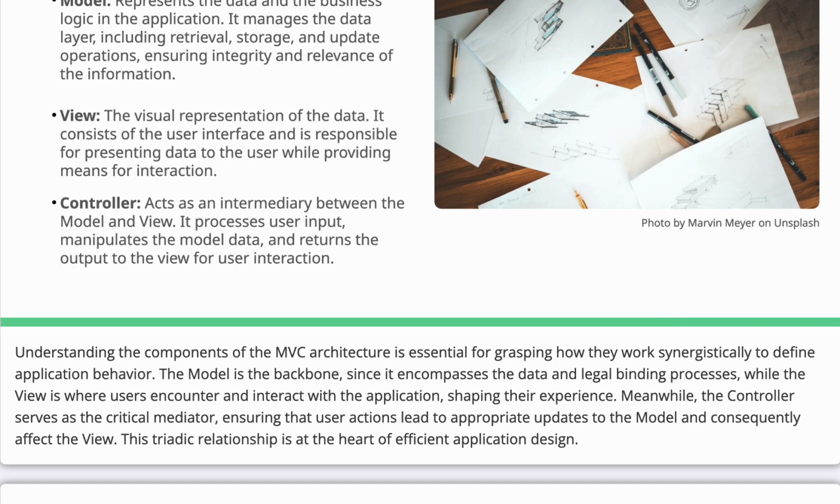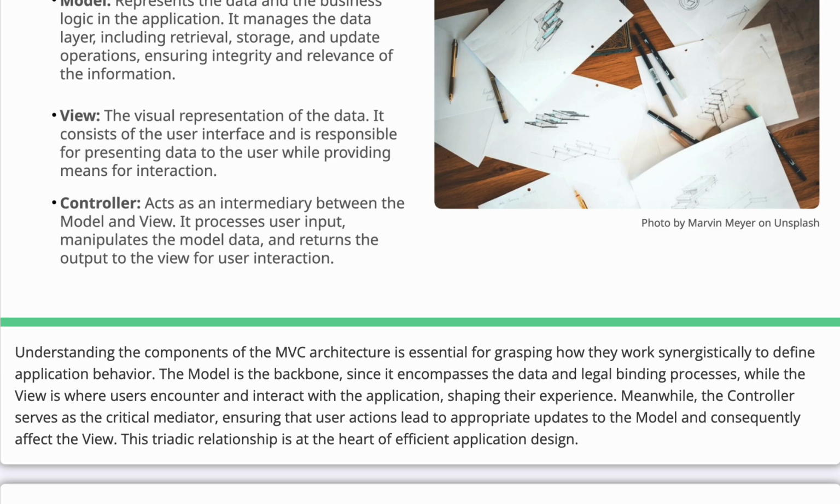Understanding the components of MVC architecture is essential for grasping how they work simultaneously to define application behavior. The model is the backbone since it encompasses the data and business logic, while the view is where users encounter and interact with the